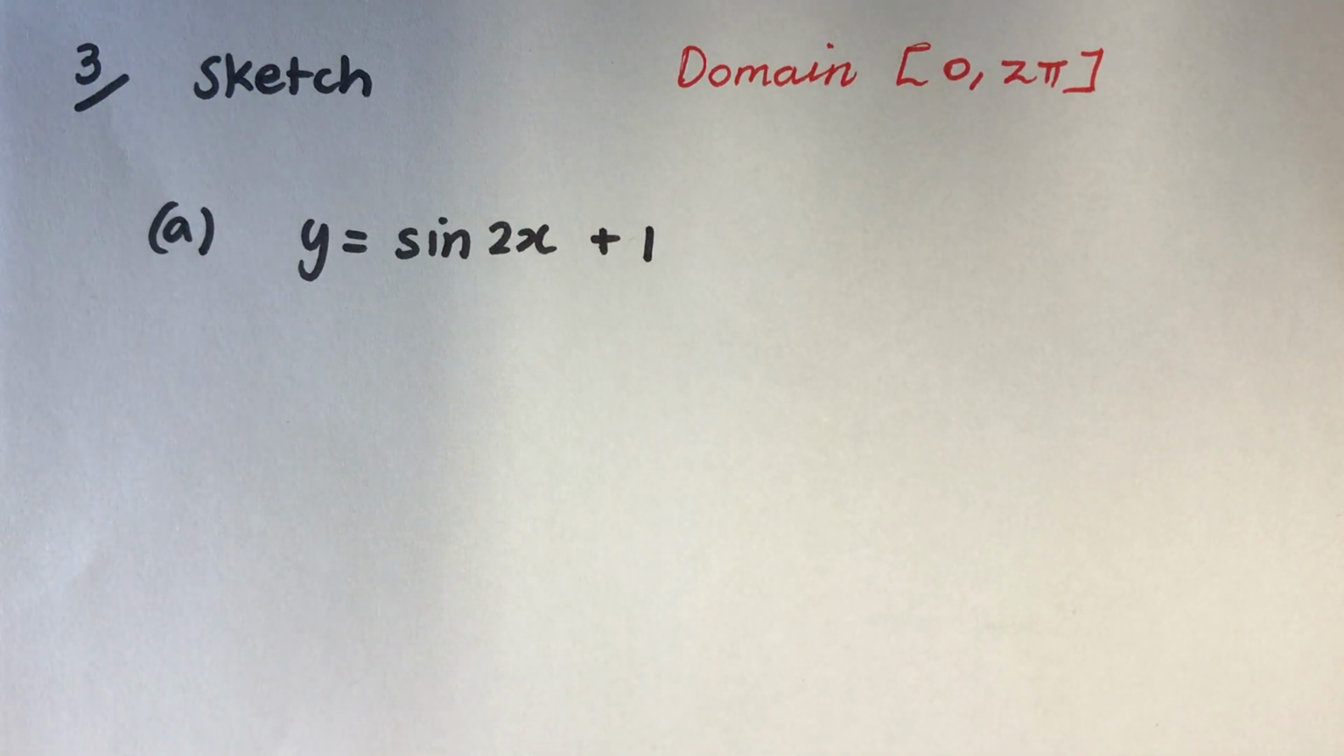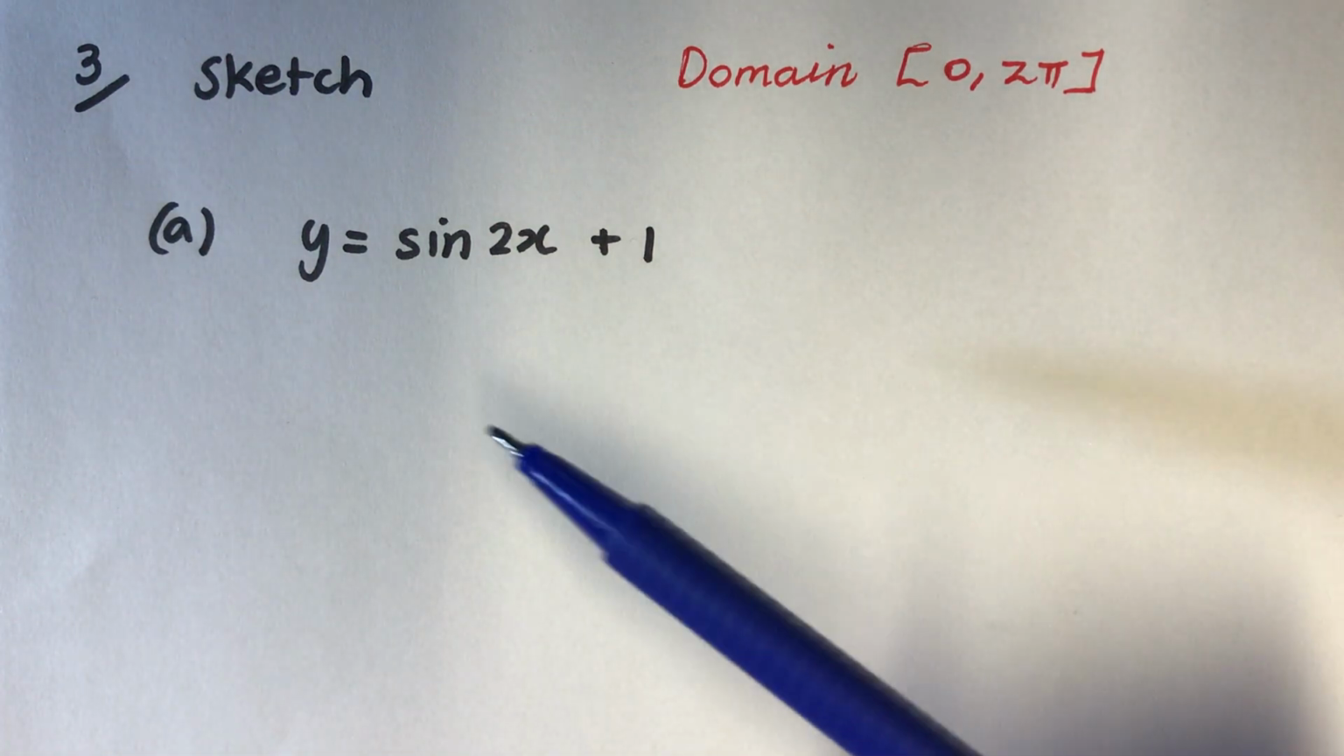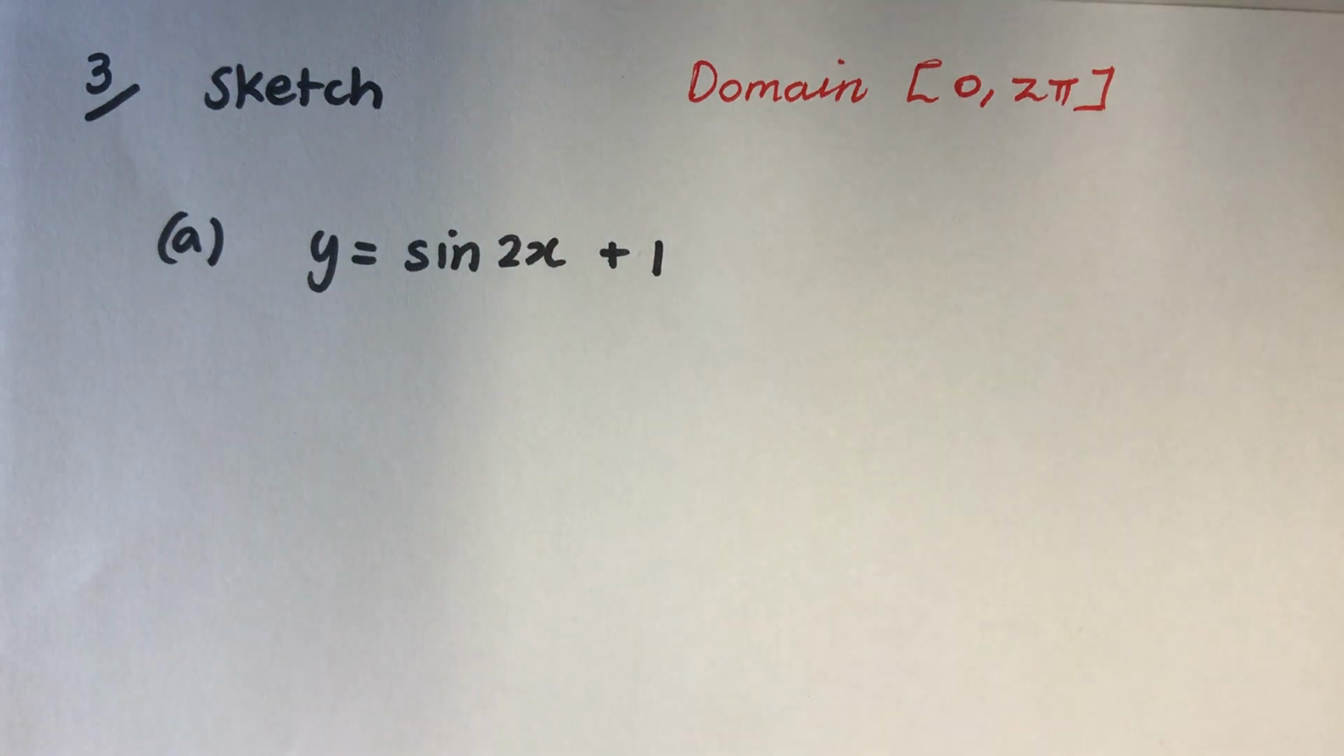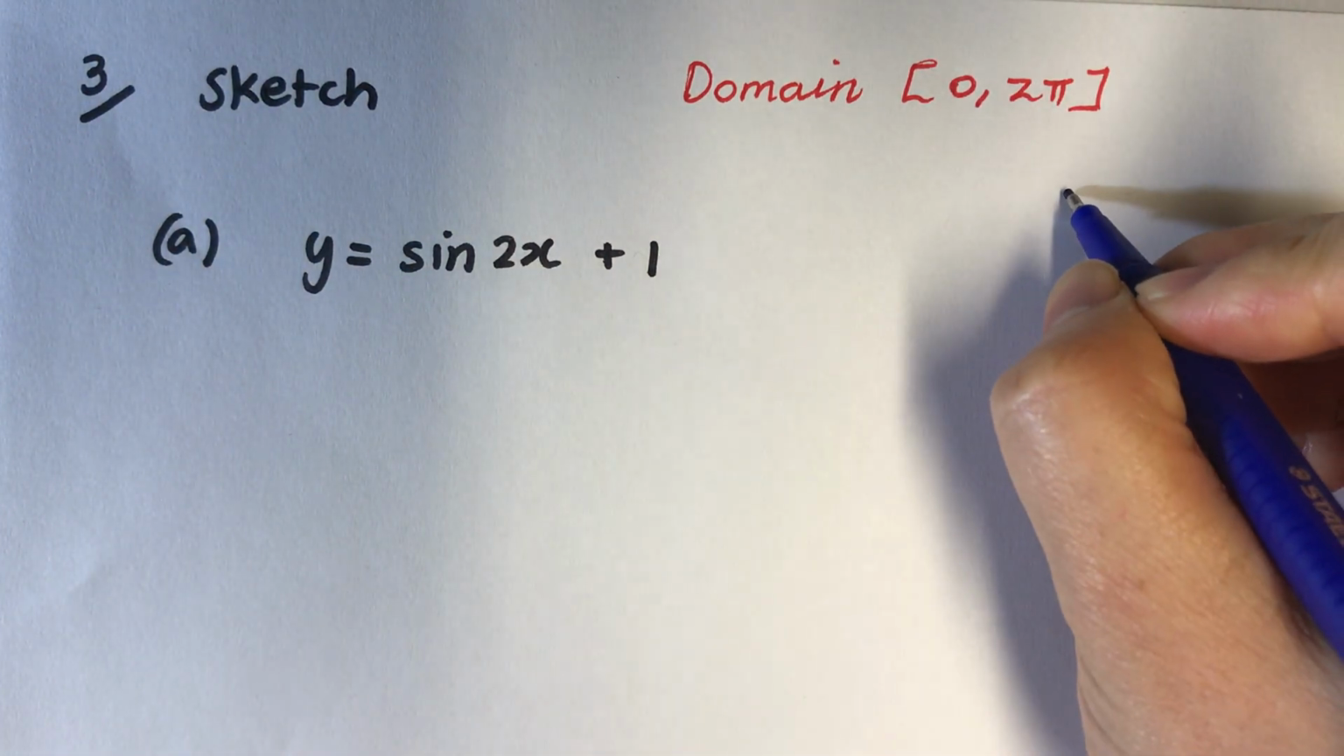Okay, today's lesson we're going to do some sketching of the trig functions. So the first one is y equals sine 2x plus 1. As you can see from the previous video that I explained, sine 2x means there's a two full pattern happening. So the period, let's do